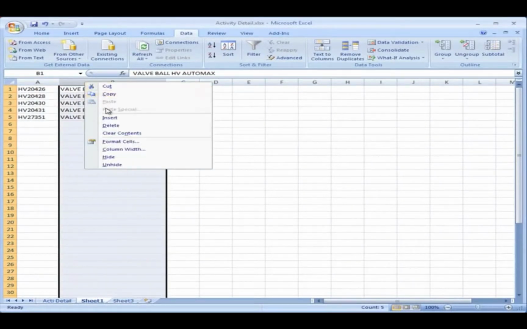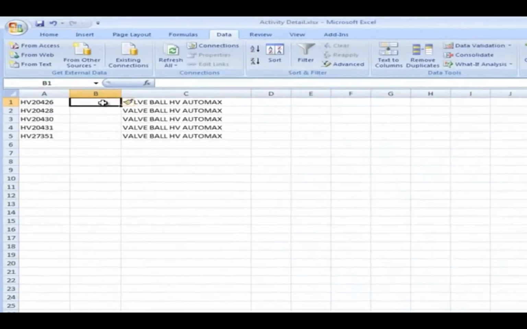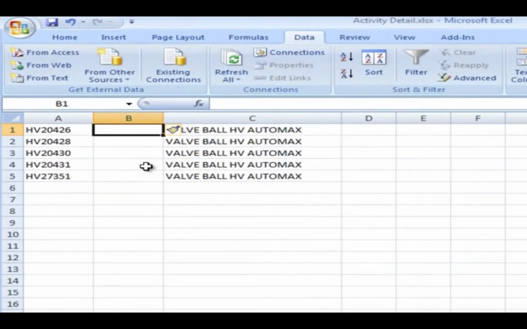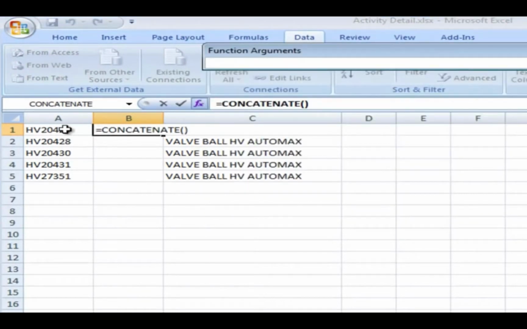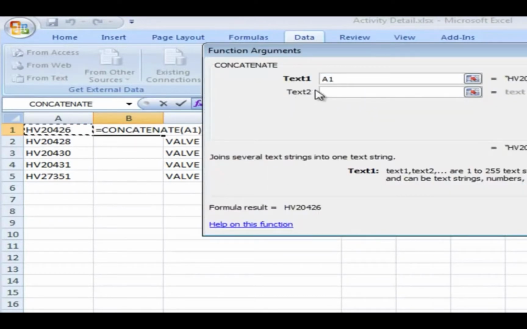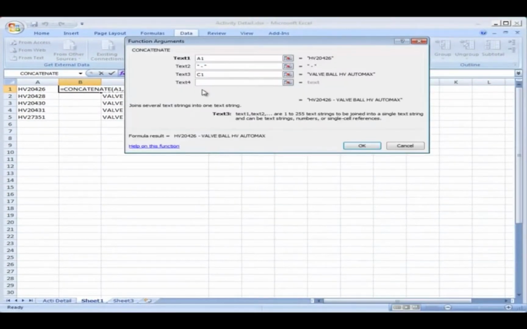And now I'm going to do something a little bit extra. And a lot of people, you don't have to do this, but a lot of people do. People like seeing this in the schedule because they want to know what the equipment number is, because as you see, the description may be the same. I'm going to put these two together. And what I'm building is the actual WBS description, but it's going to have the equipment number in with the description for reporting purposes. So I put a space in here when I put these cells together,